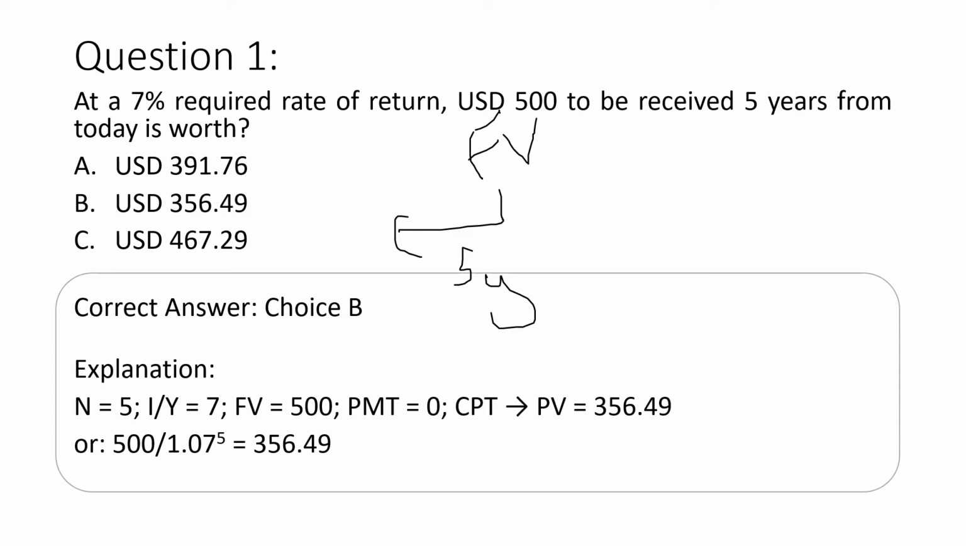We have the period, which is 5 years. The interest rate is 7%. We do not adjust it simply because the compounding is annual. Future value, as we mentioned, is $500. There is no payment. We just compute the present value, which ends up being 356.49. Another way to do this without using your inputs in the financial calculator, you can simply divide $500